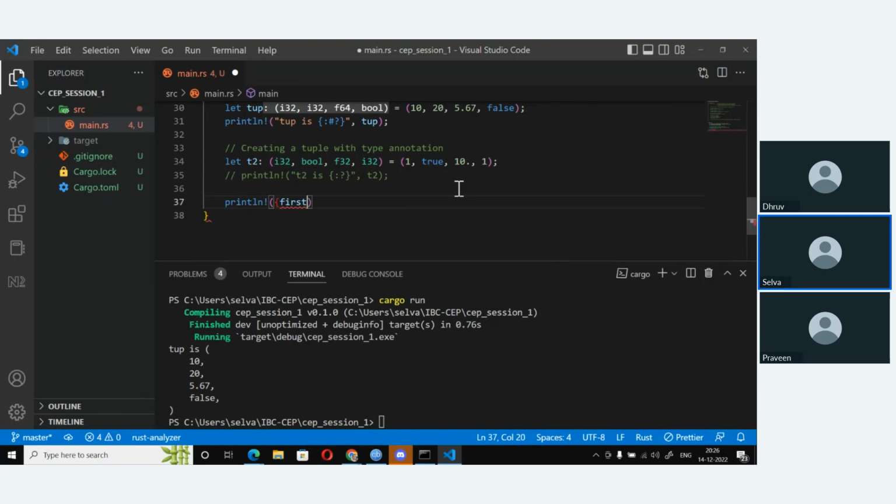Let's call this first, second, third, fourth. These are the elements from T2.